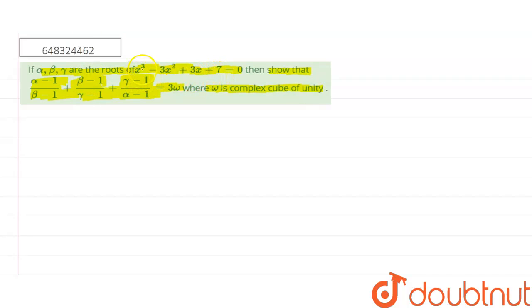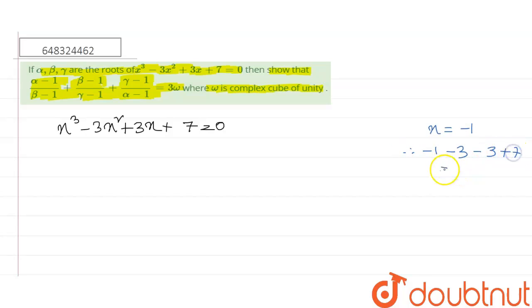So first we solve the given equation, and the solutions are the roots of this equation. So first we write the given equation x cube minus 3x square plus 3x plus 7 equal to 0. So this is a cubic equation, so we use the vanishing method to solve it. We put x equal to minus 1. So we get minus 1 cube, which is minus 1, minus 3 plus 7 equal to minus 7 plus 7 equal to 0. So we say x plus 1 is a factor